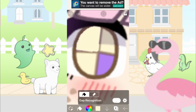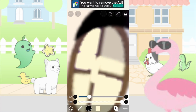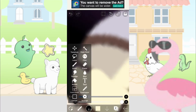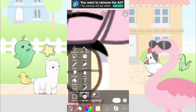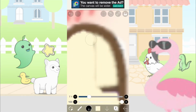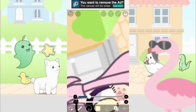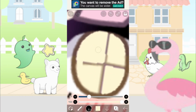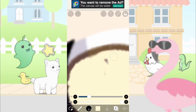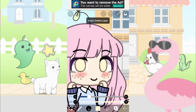So I'm going to grab that one and then use the bucket tool to fill in the purple things. I'm going to fill in the cross. Yep, cross sign. So fill that in. There we go. Next we are going to go onto a different layer